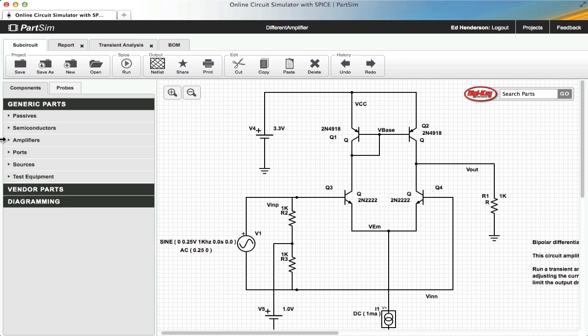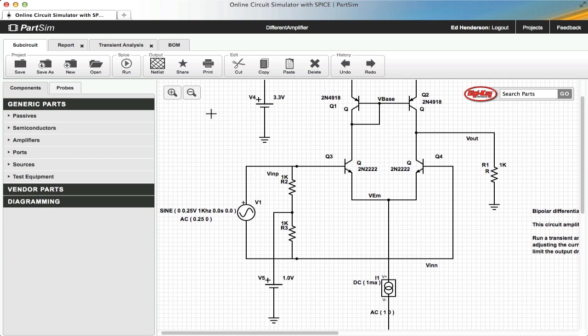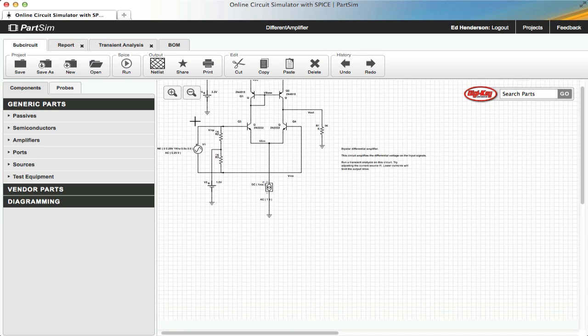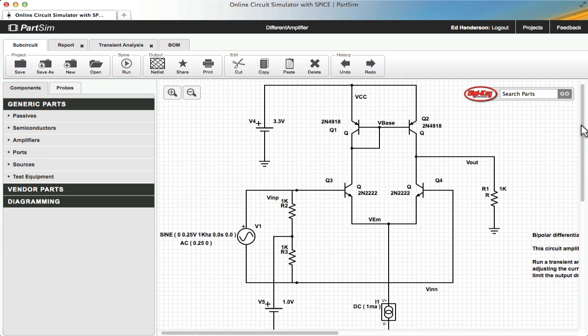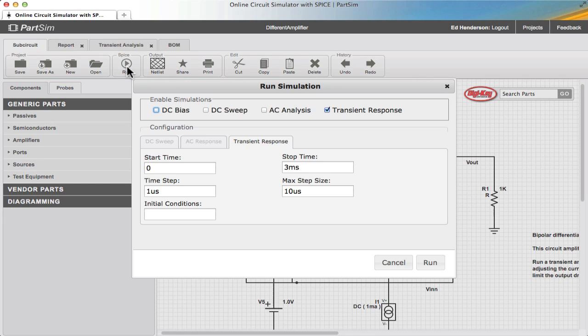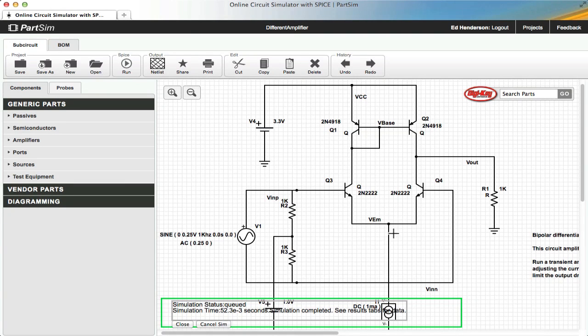In this segment, I'm going to use a more complicated circuit to illustrate a few things regarding probing. This circuit is a little bit too large for the screen. You can use the zoom buttons to zoom out and see it full screen, or use the sliders to zoom around. I currently have no probes on this circuit, so if I run a transient analysis,